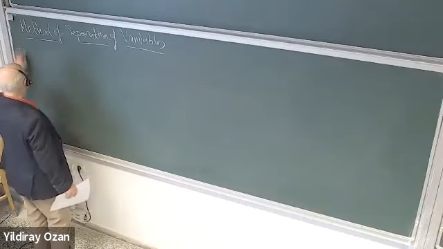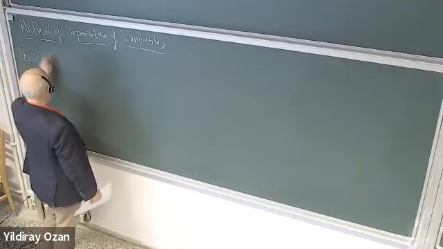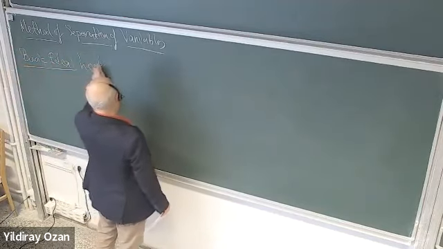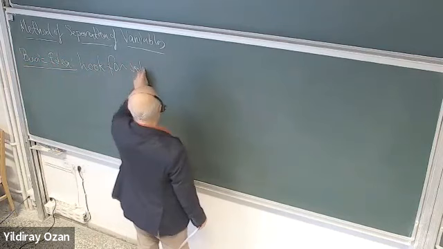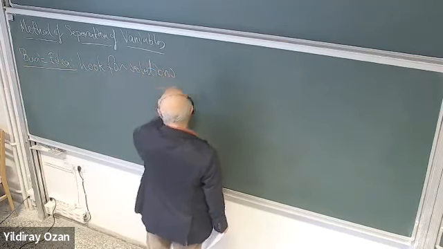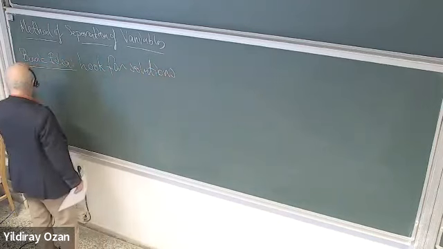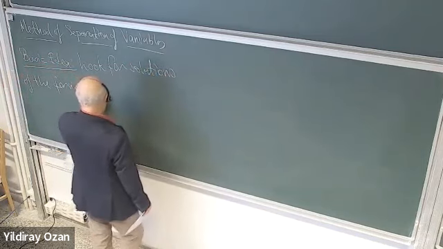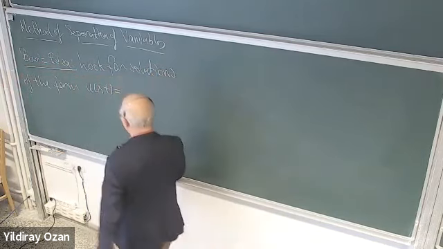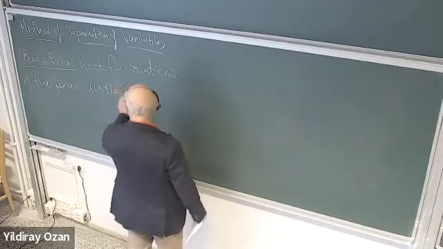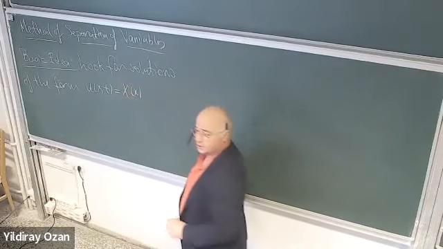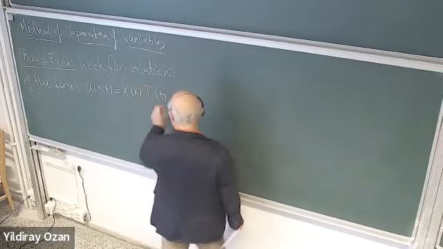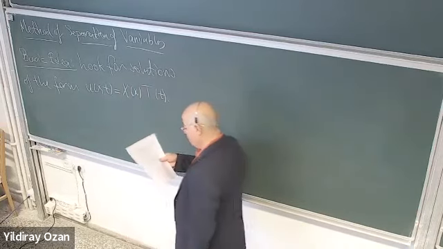So the basic idea is this. Look for solutions of the form u(x,t), which is written as the product of two functions, two one-variable functions. One of them is a function of x and the other one is a function of t. Okay, now